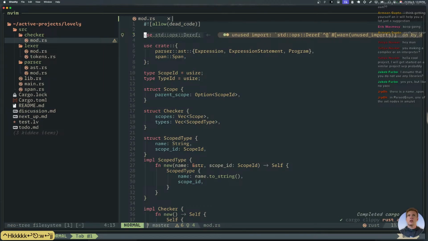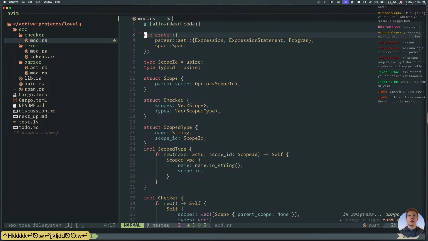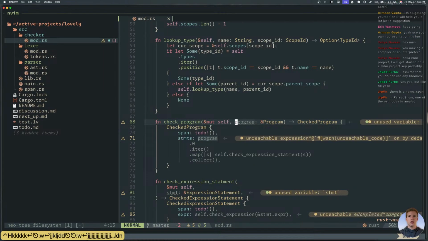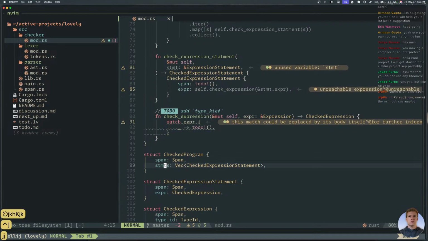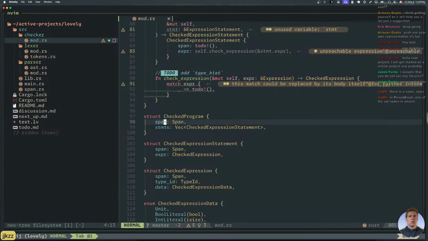Here we go, checker. What is this tref thing? We're not using that. Okay. Except what's this span? Checked program? Wait, why do these have spans associated with them again? Oh, this is why I thought I needed spans everywhere.